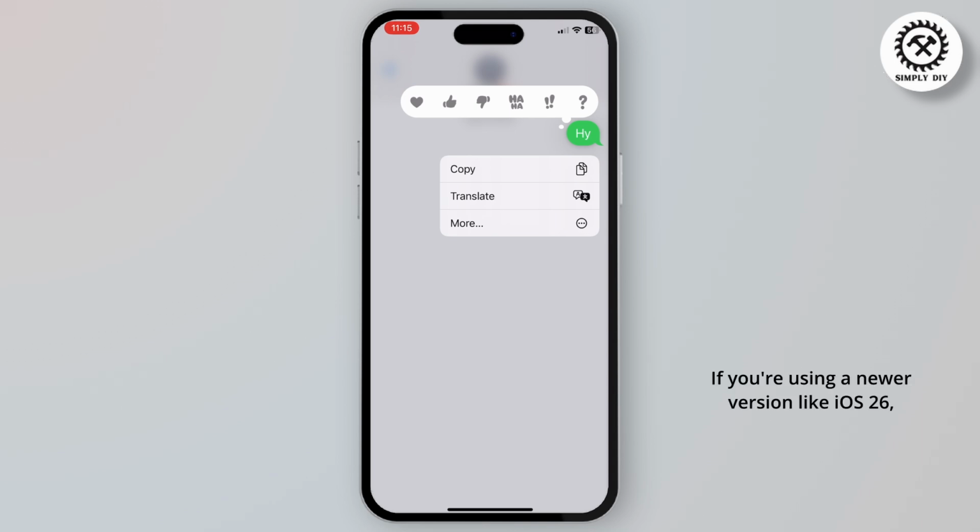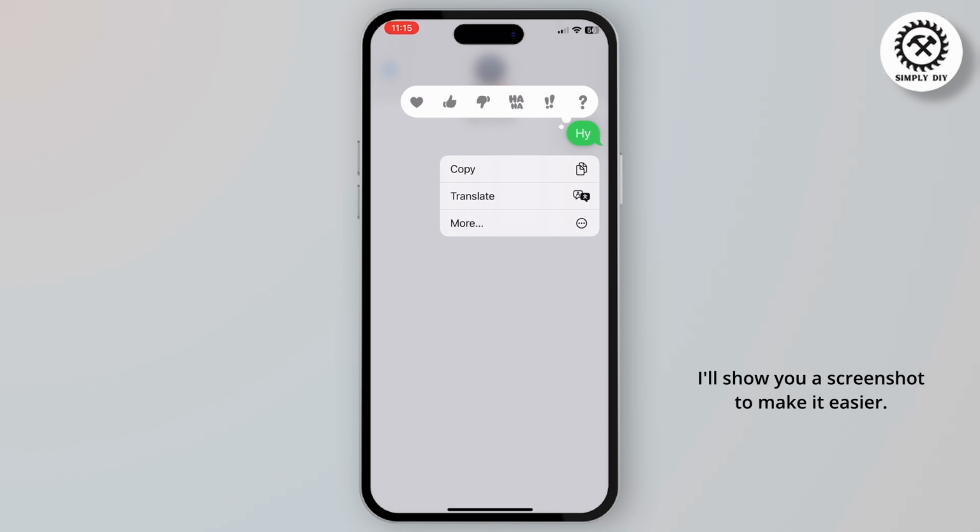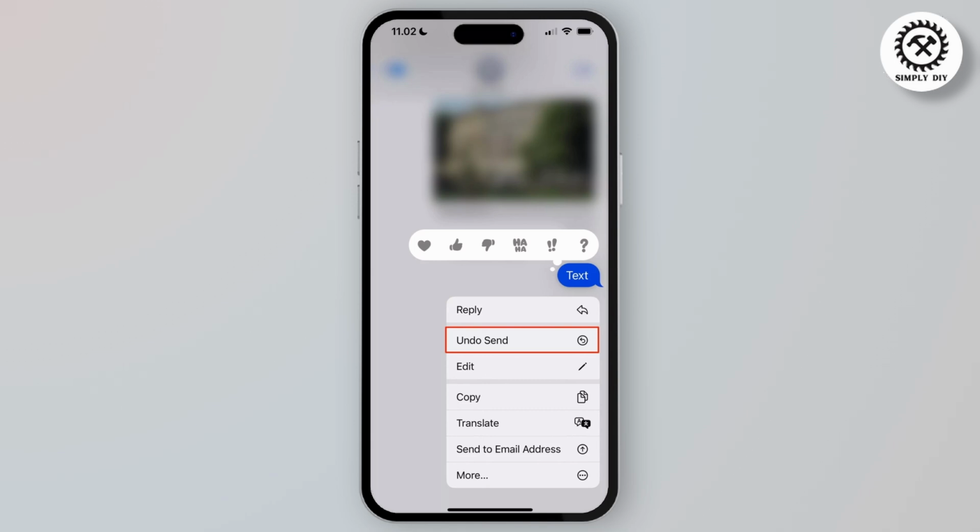If you're using a newer version like iOS 26, you'll see the unsend option when you long press the message. Then just follow the on-screen steps. I'll show you a screenshot to make it easier. If you see the option on your screen, simply tap Undo Send, and the message will disappear from both sides